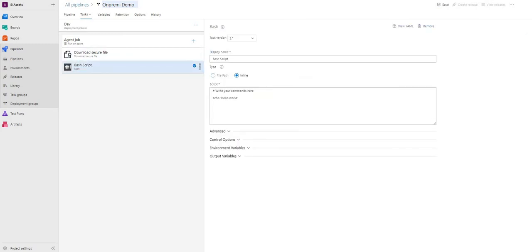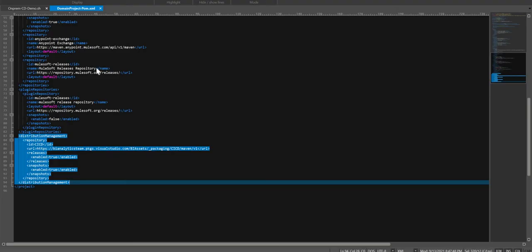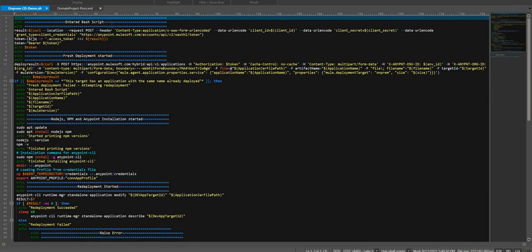Before we paste it here, let me quickly explain what I have done in the script. Okay, so this is for readability. So as a first step, we are making use of the OAuth URI.